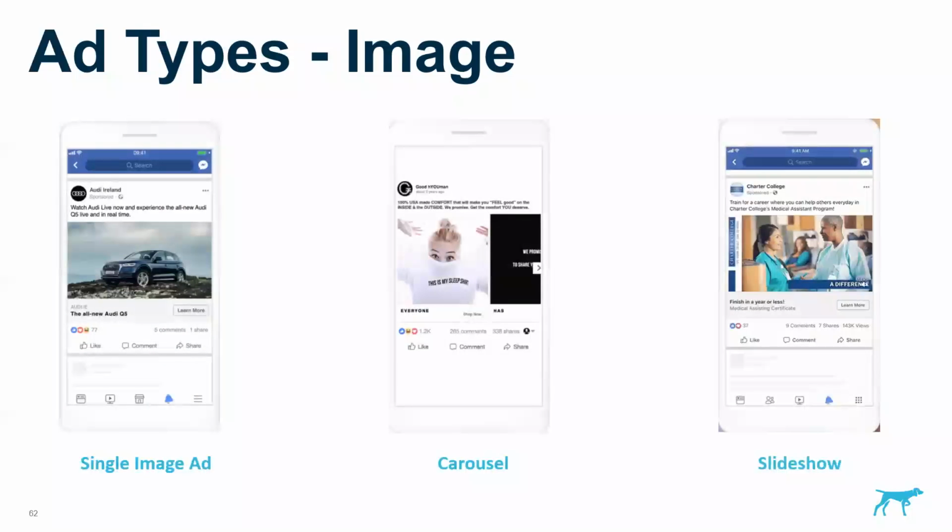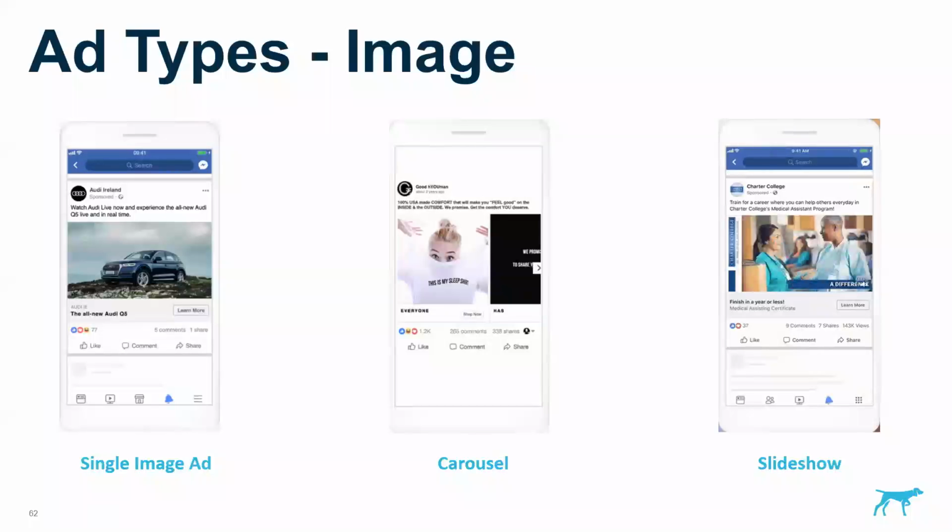In terms of Facebook ads, I guess the standard types, we've got the single image ad. These are, I guess, the most common. You've probably seen them a number of times. Just a picture, big headline, big link. Carousel ad, so this allows you to put a number of different images with headlines alongside. Each of these images can go to a separate landing page. So if you have different products, you can direct people specifically to those pages.